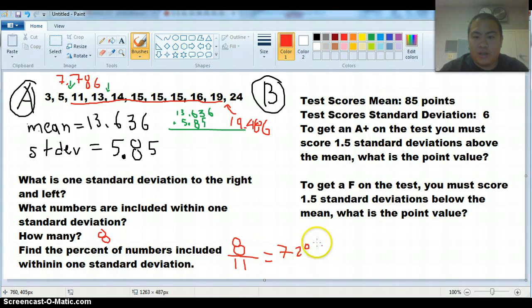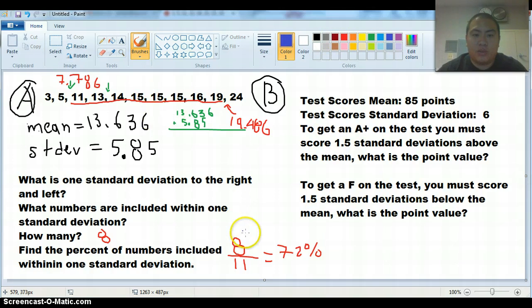Now here's my question: if it's 72%, is that necessarily 2/3? Not necessarily, right? 2/3 is something like 67%. But when we have fewer numbers, it can't be as accurate. That's one thing. The second thing is, if your distribution is really off, for example if you had something that was this shape,